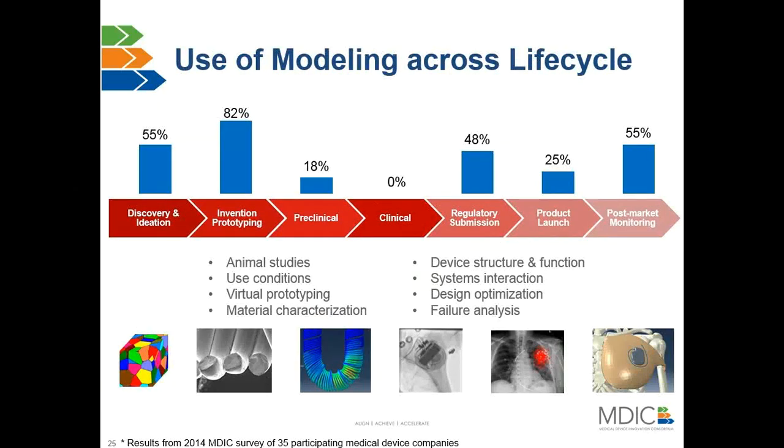And Dawn actually showed this slide, but it's interesting that currently, if you look at where modeling is used in the life cycle of the product, it's used in all different areas. But one glaring missing element is in the clinical trials, where there's a large majority of cost in the development of a product that goes into the clinical, and yet modeling is strikingly absent in that area. So that's where we feel we can get a big lift. If we can just add something to this realm, we could get a real lift in some potential reductions in cost and reallocations of funds, as well as other virtues. Next slide. Thank you.